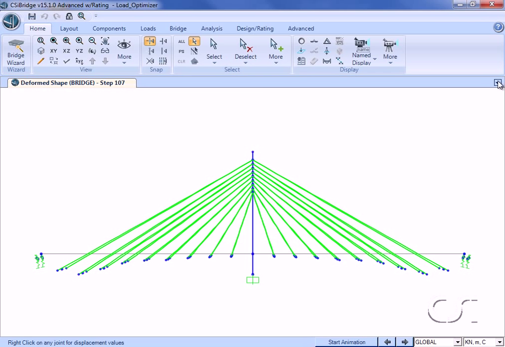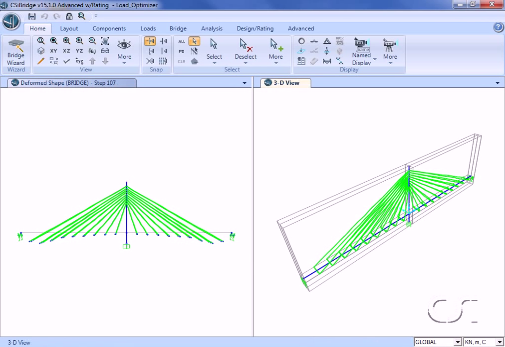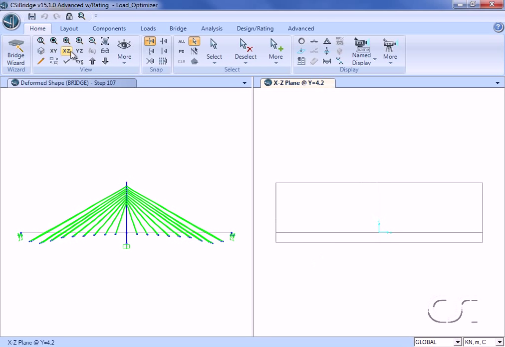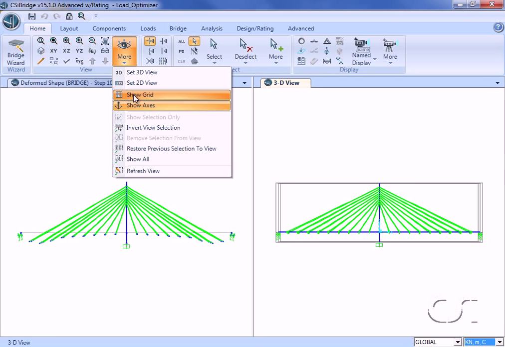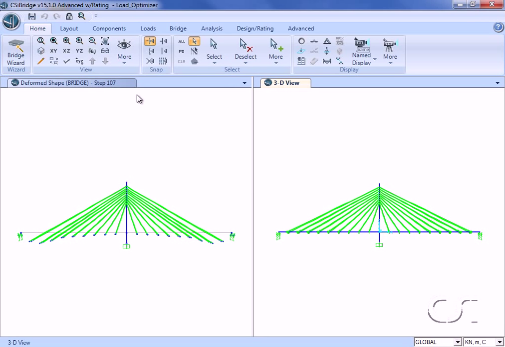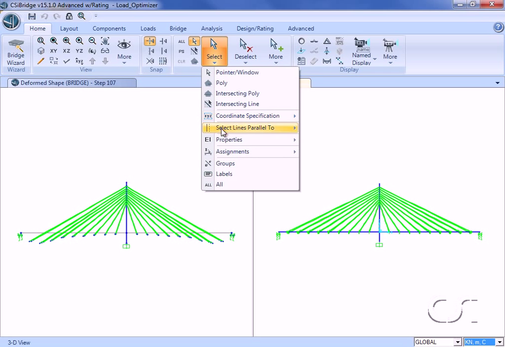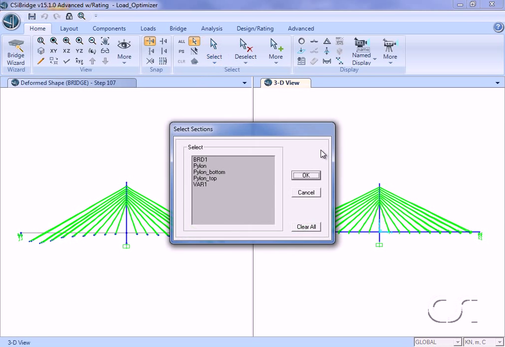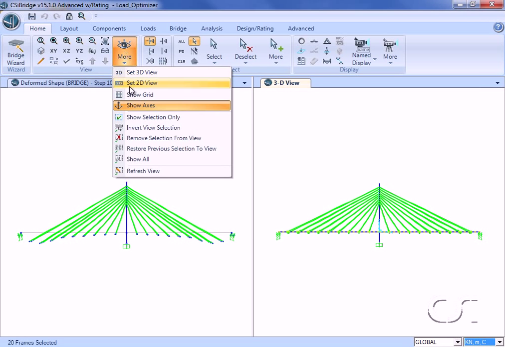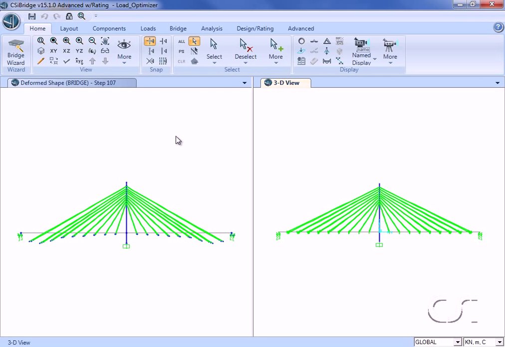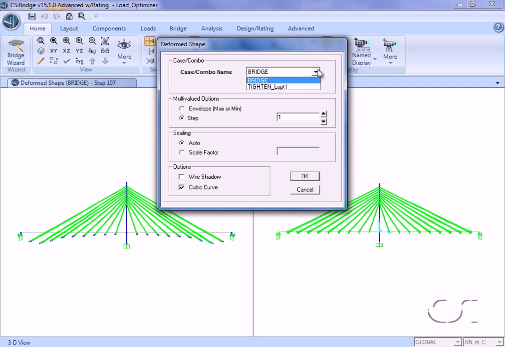Opening another window, we will plot the same view after the optimization case. Note that LOPT1 has been appended to denote a load optimizer case.